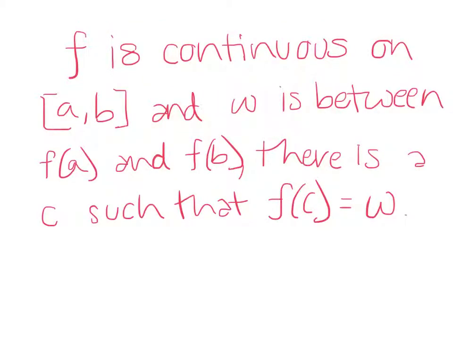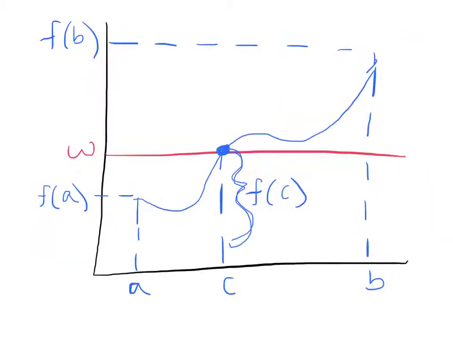The intermediate value theorem states that as x varies from a to b, the continuous function f takes on every value between f of a and f of b. If the graph of the continuous function f is regarded as extending in an unbroken manner from the point a, f of a to the point b, f of b, as illustrated in this graph,